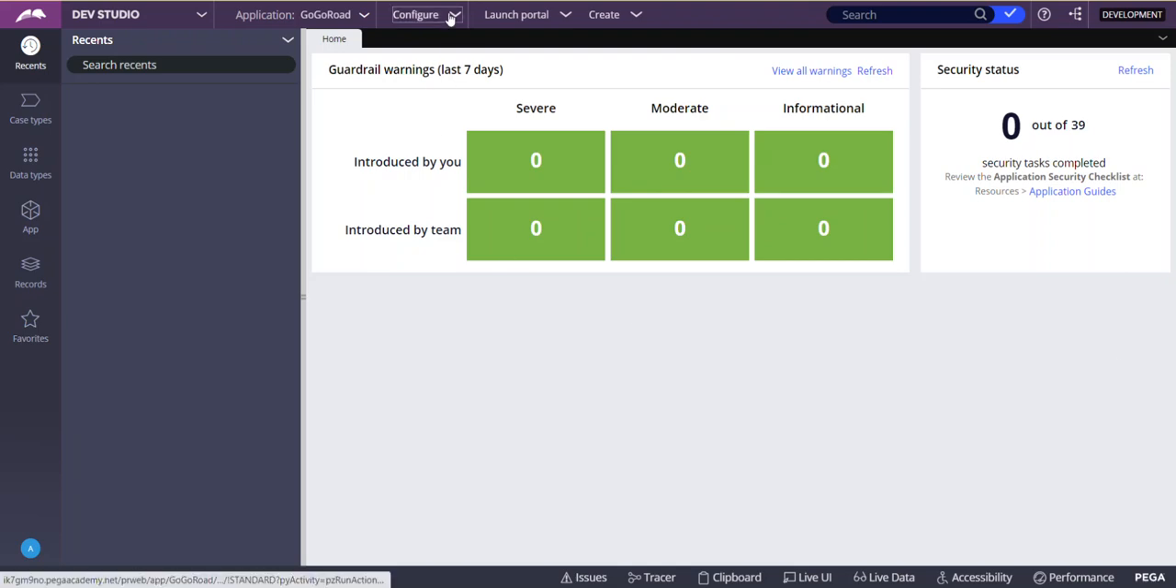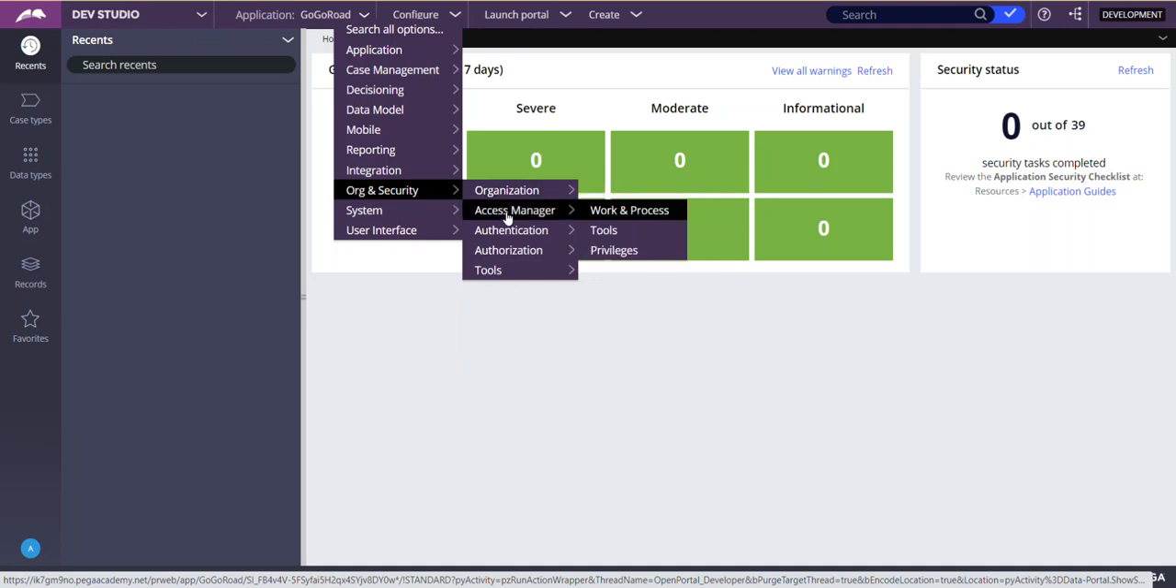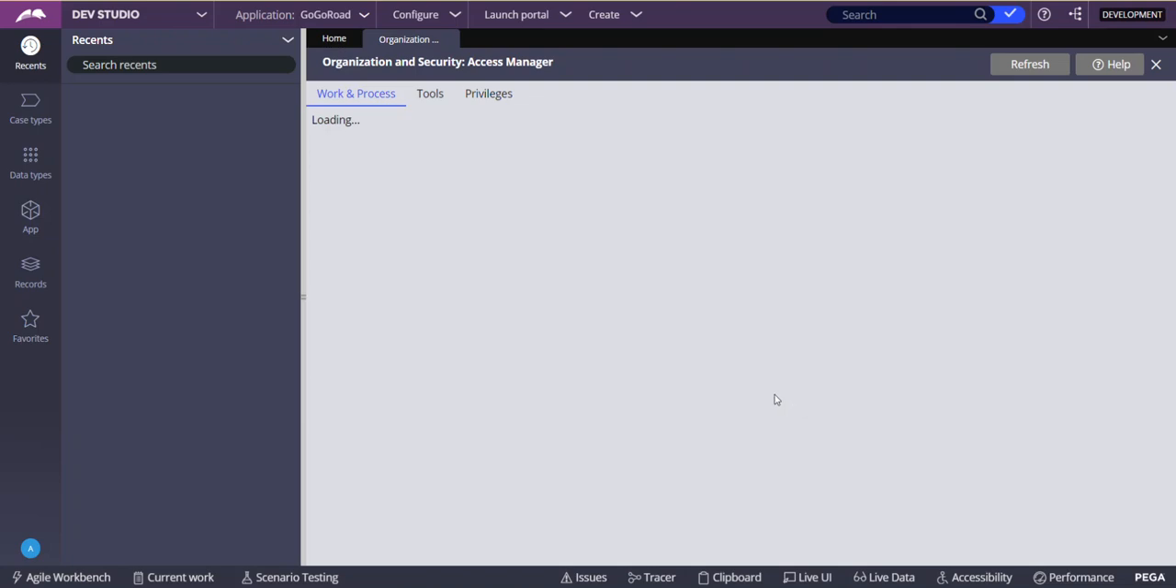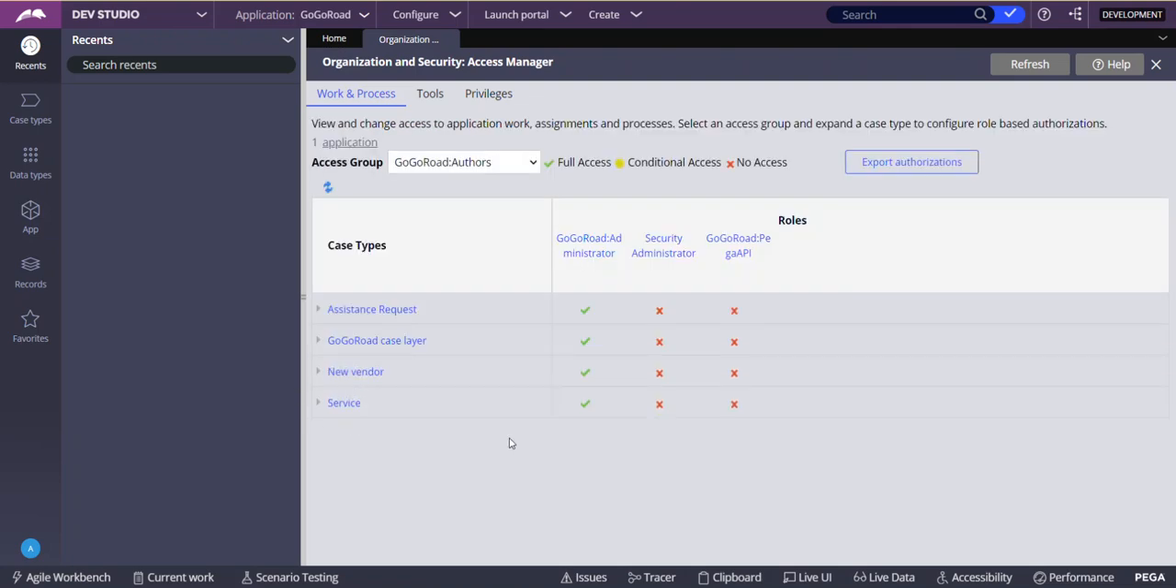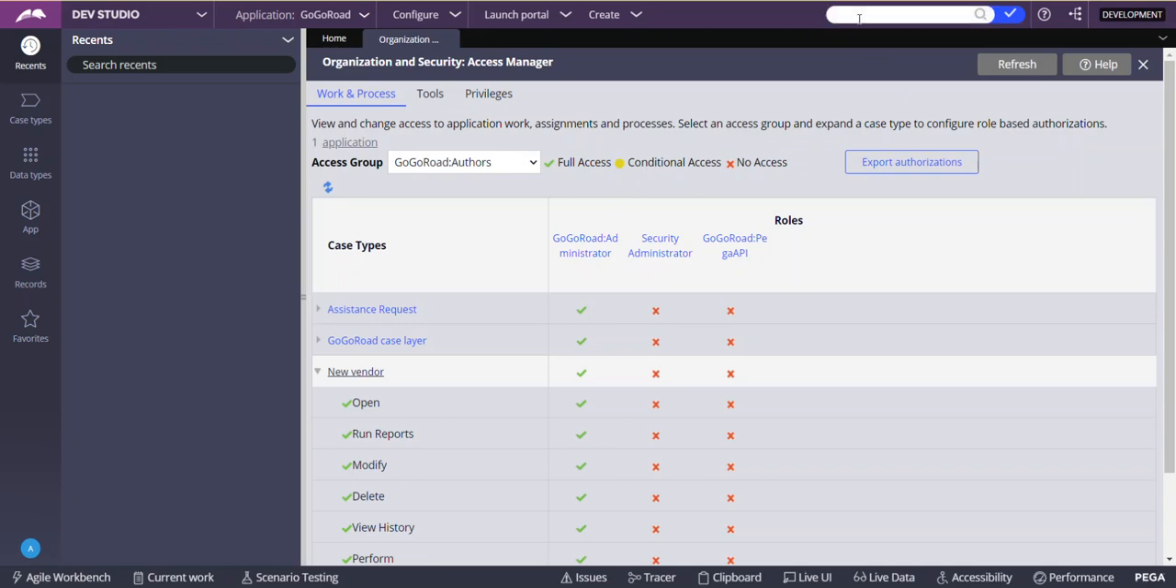You can go to Configure, Org & Security, Access Manager, Work in Process, to configure access for a particular access group and for different roles mentioned under that access group for various case types. If you open the Gogoroad is to others access group,